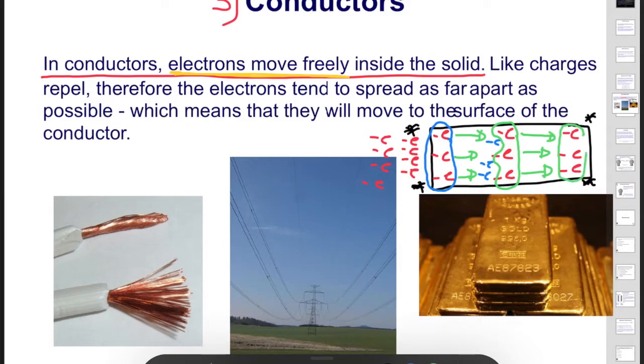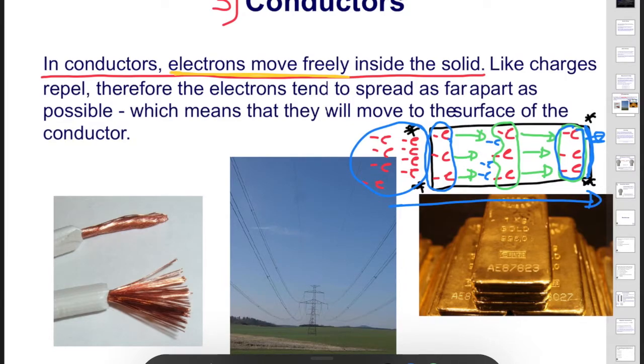These electrons that are right here in the corner, they're going to try to go to the what? To the surface as far as possible. But the key right here is that these electrons in the corner are going to go to the surface, trying to go as far as possible from these electrons that were on the left at the beginning. And this is how, in a conductor, the current can go, in this example, from the left to the what? To the right,